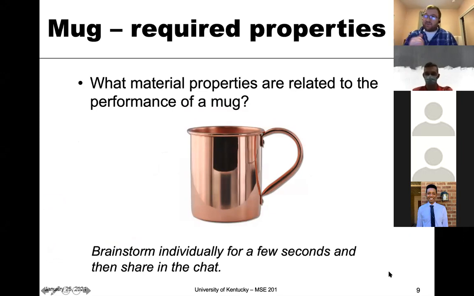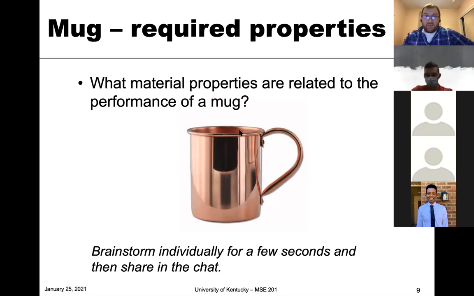You listed a lot of things in that first session, so now think about what material properties are important for that performance. Take a second, and then again, use the chat, and I'll look through those, but think of material properties that are important for this mug's functioning.